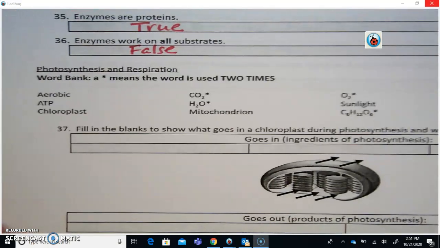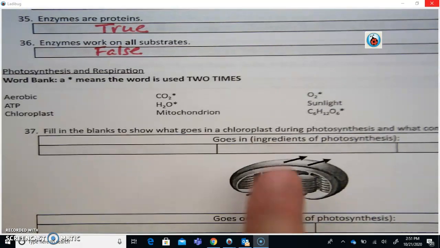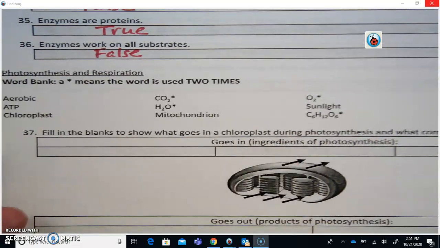Okay, we've got another word bank here. This one is dealing with photosynthesis and respiration. Fill in the blanks to show what goes in a chloroplast. In other words, what is needed. So what are the ingredients? Okay, what gas do plants